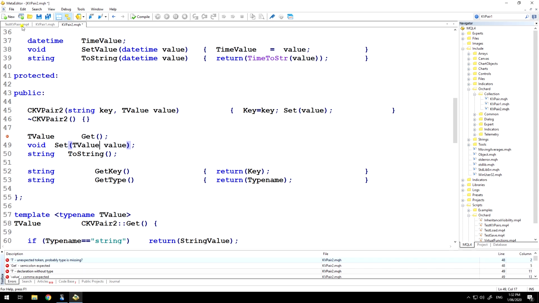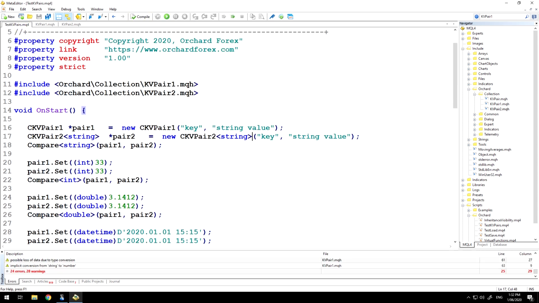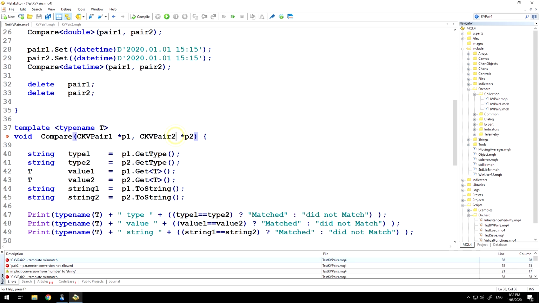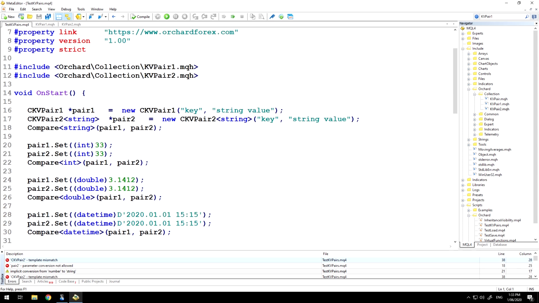Okay, go back and try that again. Now we can see I need to apply that typing everywhere that I've used CKV pair 2. That means that once I've defined my object CKV pair 2 as a particular type, I can't change that. And if we look further up here, previously I'm simply able to assign new values and have the class contain